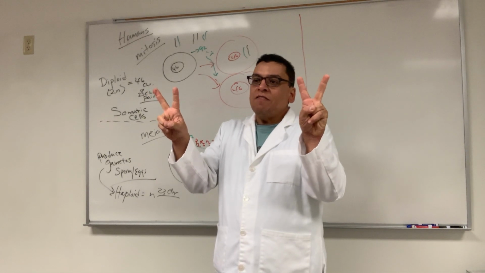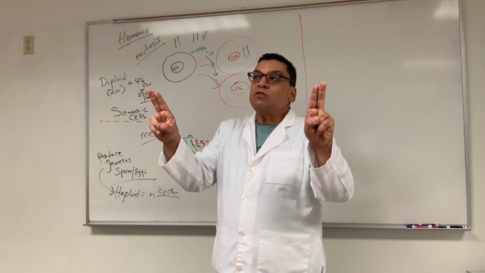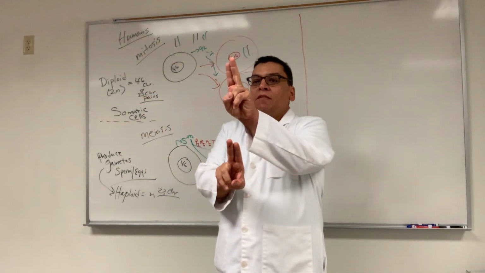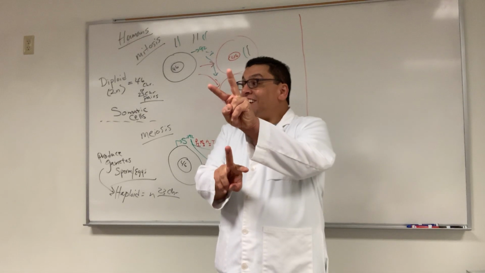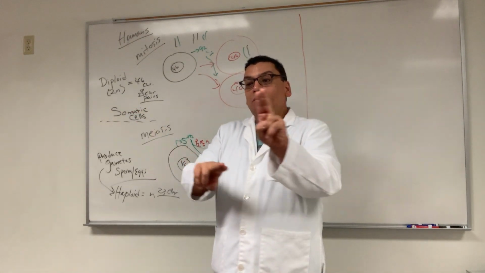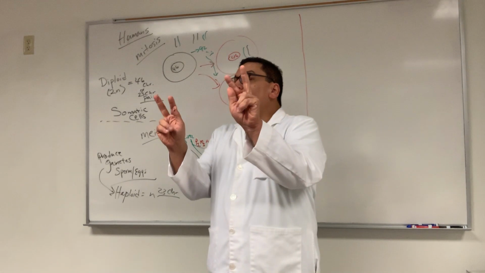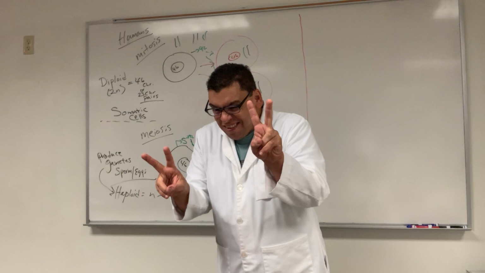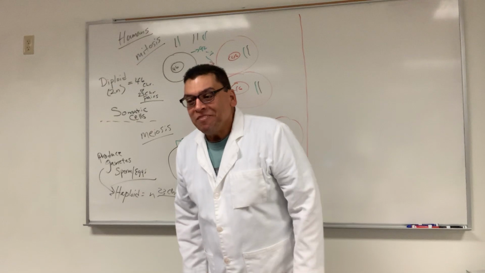Use the words. They find each other and attach at the what? Centromere. During which phase? Prophase. Good. They line up. Which phase? Metaphase. Then they separate. Now what are they called? They're sister chromatids right here, but once they separate in anaphase, they are daughter chromosomes, because we're talking about the chromosomes.